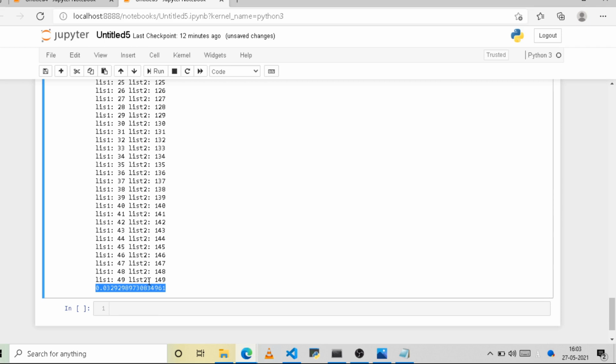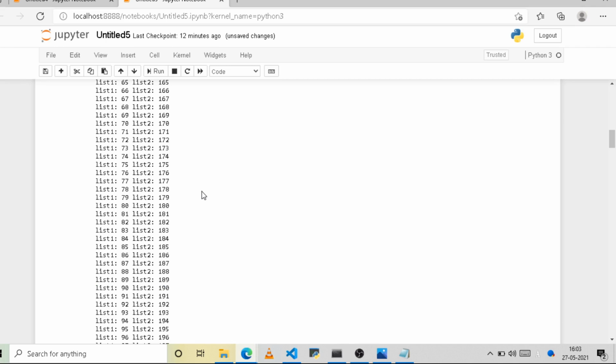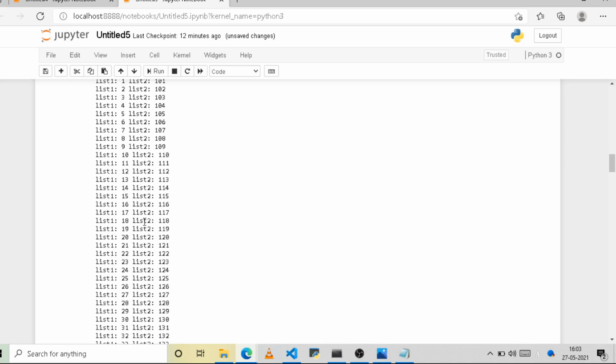As you can see, the first method using indexing takes 0.083 seconds, and using zip it took 0.046. You can see zip takes nearly half the time of the normal indexing method. And using enumerate, how much time does it take? 0.082. This is double the time of zip.